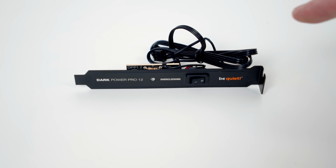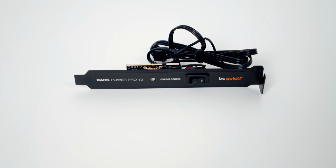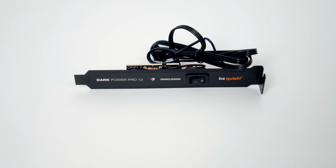Just to mention, we do have one additional cable we could plug into the power supply if we wanted, and this is our overclocking key. What you do, if you plug this into your power supply and turn the switch to on, it will convert the 6 12-volt rails in the power supply to a single rail. I'm quite happy to leave the power supply in a multi-rail configuration, so I'm not going to go ahead and